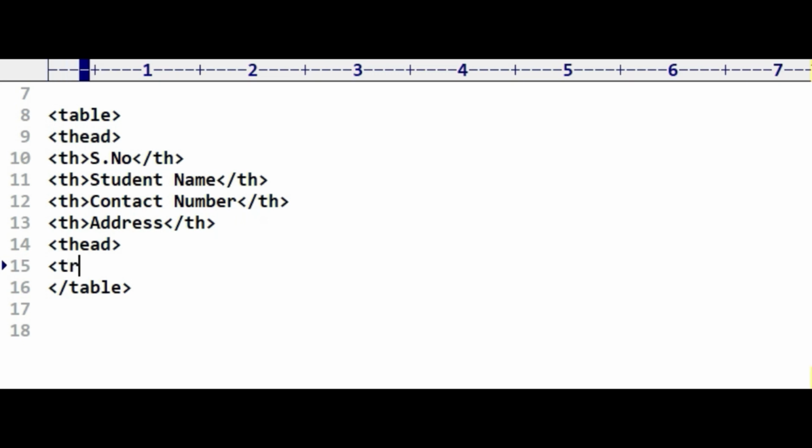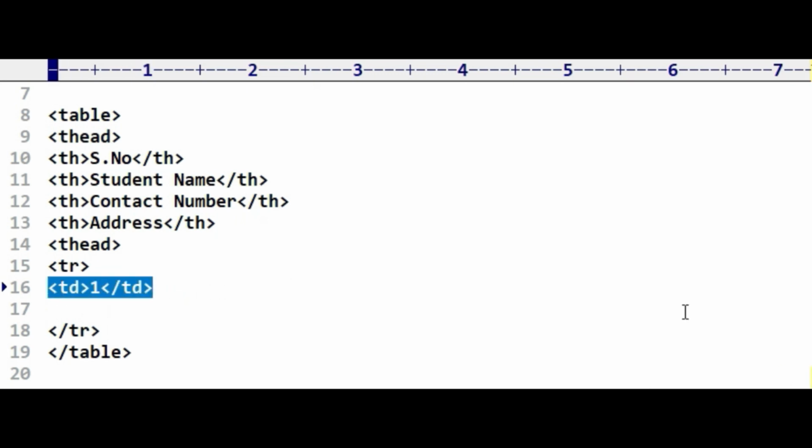We require tr, table row, here, so we have to close it also. For closing we use forward slash. Inside tr, the table row, we require table data. So first is the serial number, so we write 1 and td again.